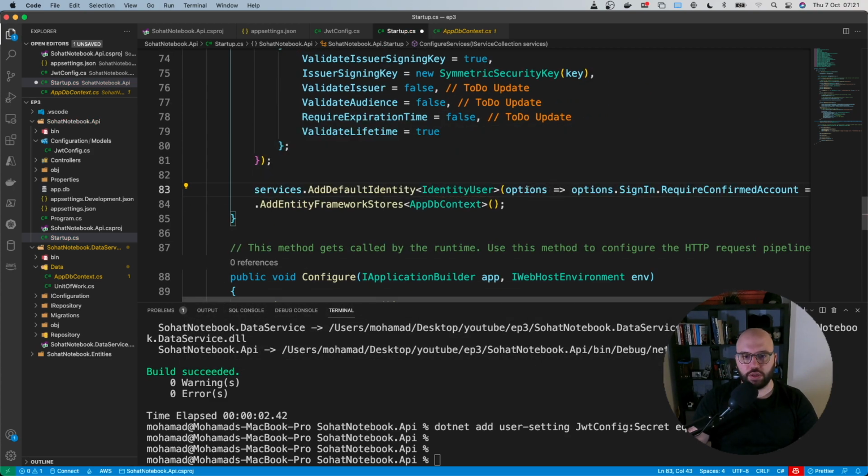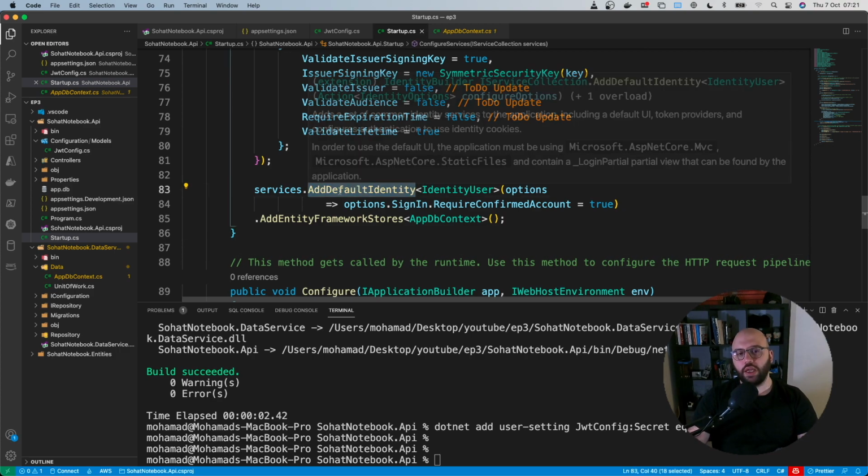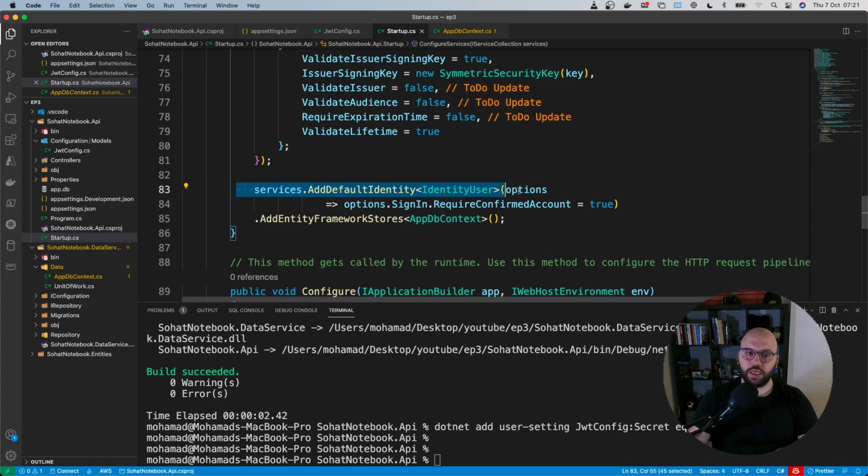And let's put this here on a different line, something like this. Okay, so let's see what happened here. The first thing is we have added default identity. Basically here we're adding all of this to the IoC container, and we are adding some middlewares and telling them that they need to be available for us. Currently we are utilizing the identity one, and we're telling it that we need to add a default identity